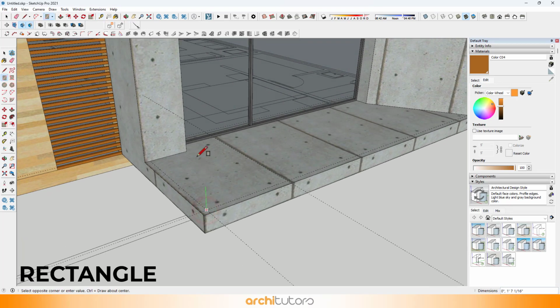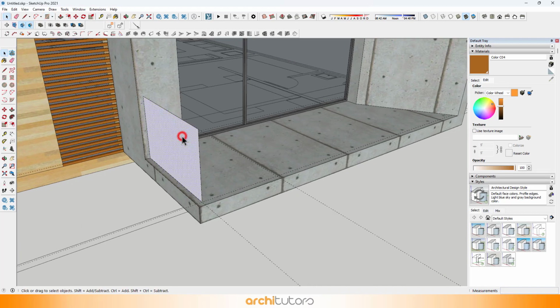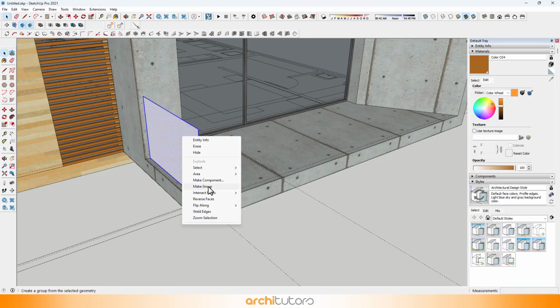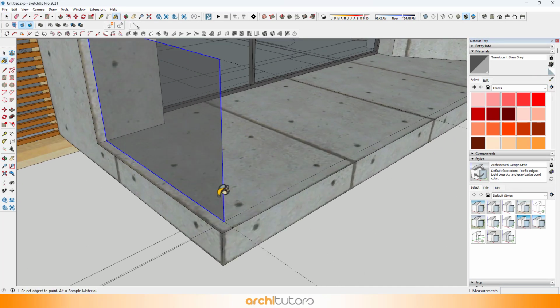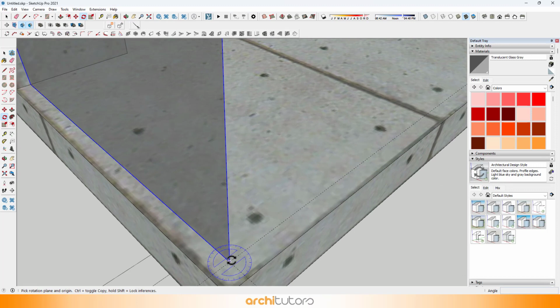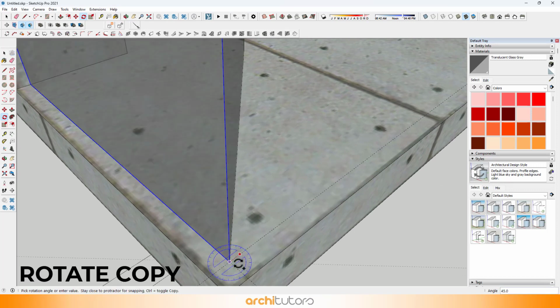Now let's quickly make a railing for the balcony by creating a rectangle. It'll be our glass. Rotate, copy it to the other side as well.